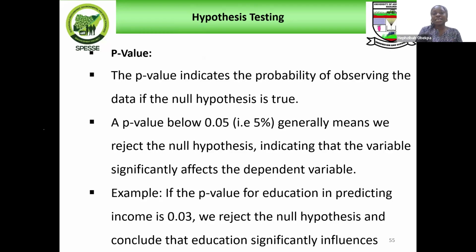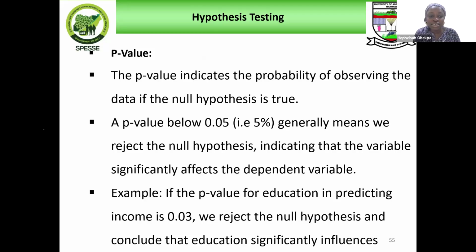For p-value, I gave us the range in our slides. It's either you use p-value or t-value. It's easier to use p-value, because t-values can be confusing to people most times. The p-value indicates the probability of observing the data if the null hypothesis is true. A p-value below 0.05 generally means we reject the null hypothesis, indicating that the variable significantly affects the dependent variable. An example: if the p-value for education in predicting income is 0.03,